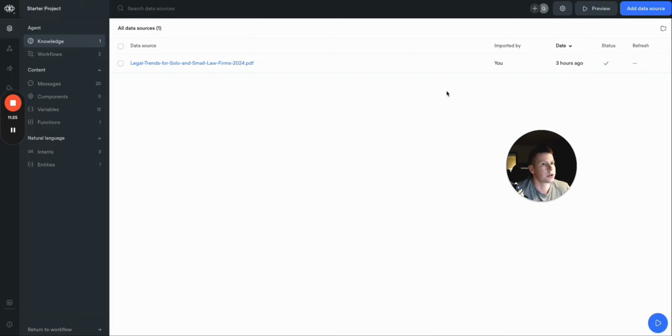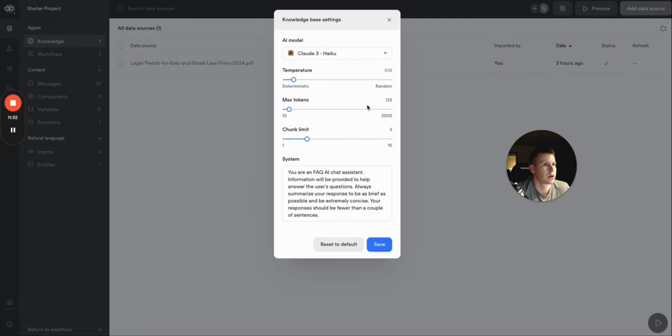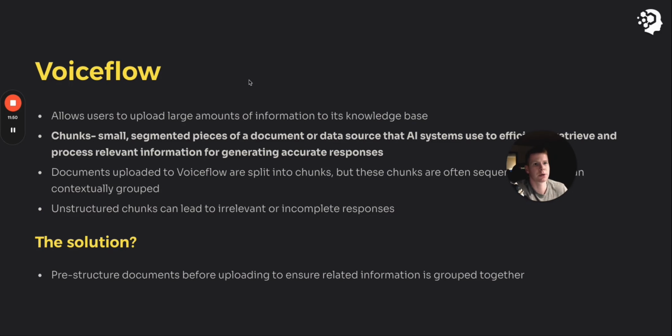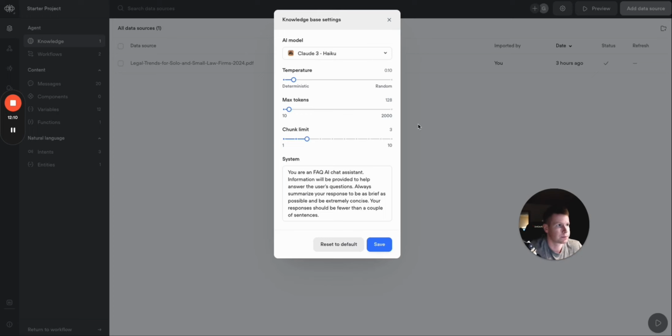And what you can do within the Voiceflow platform with your knowledge bases, with the files you upload, is what is called chunking. Okay, so chunking essentially allows users to upload large amounts of information to its knowledge base, and what the chunks do is they're small segmented pieces of a document or data source that AI systems use to efficiently retrieve and process relevant information for generating accurate responses. So essentially what that means is,